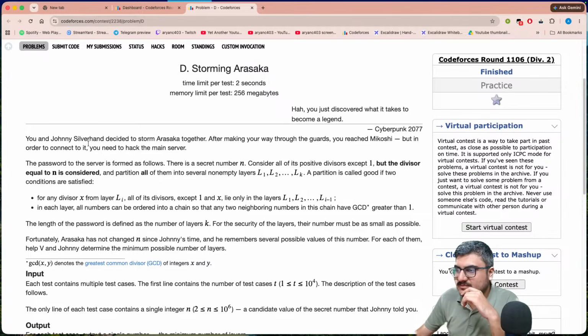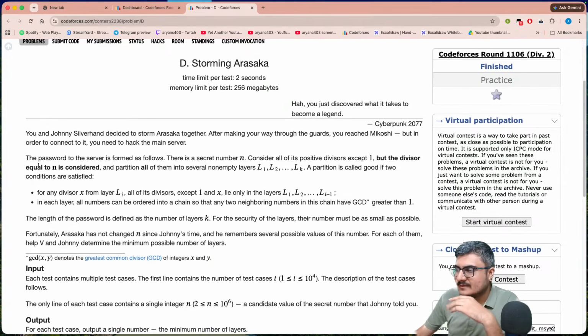You and Johnny Silverhand decided to form some Arasakas together. After making your way through the guards, you reach XYZ. The TLDR is